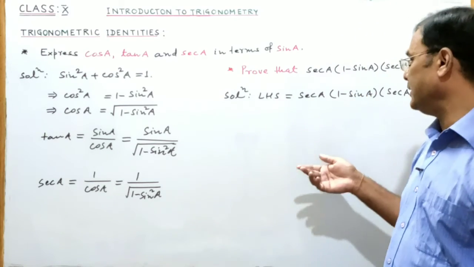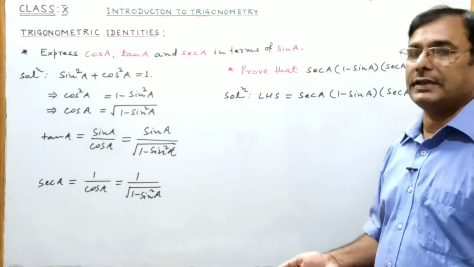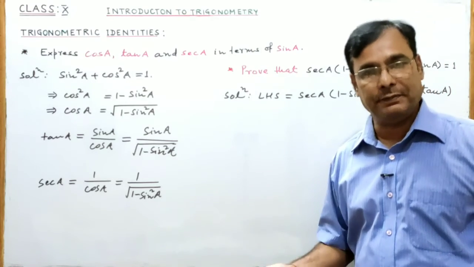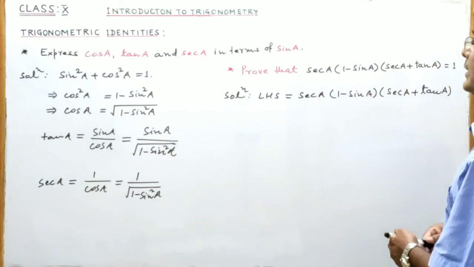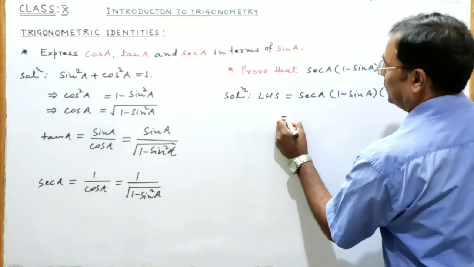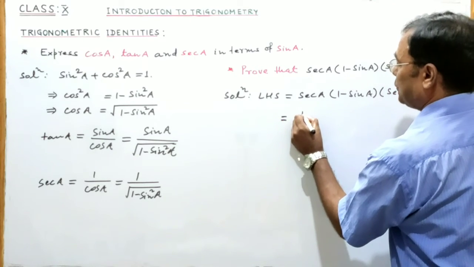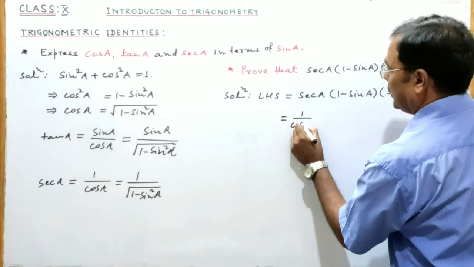First we will change these ratios in terms of sin and cos, then we will simplify and we will get the right hand side. So sec A we can write 1 upon cos A